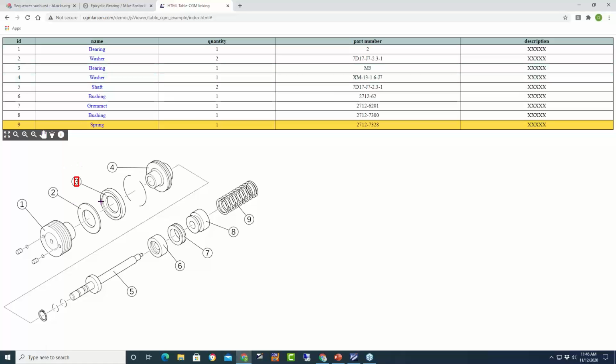So click on bearing and it highlights it over here. So it's a dual link between the text and graphics. So that's using VisX View HTML5. So again, you could use SVG, but it's a bit more complex because you would have to use a bit more development time, because you'd have to develop this kind of toolbox if you wanted to interact with the SVG file. So that would be the downside there.